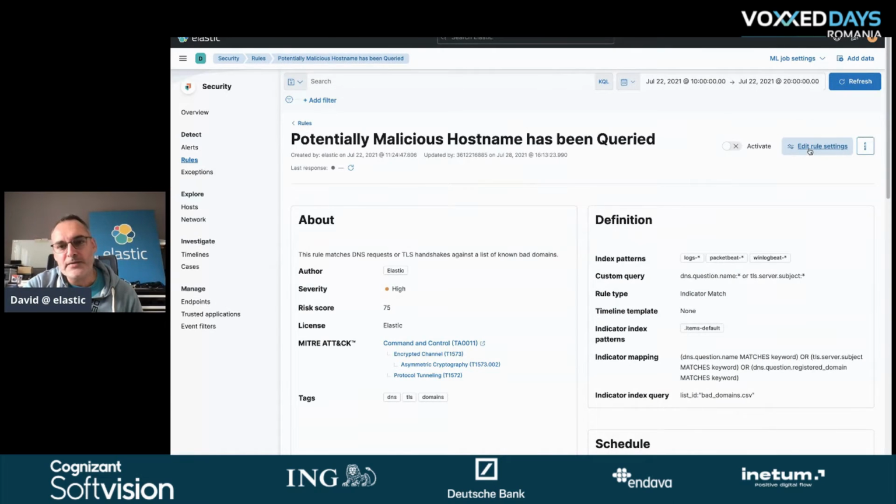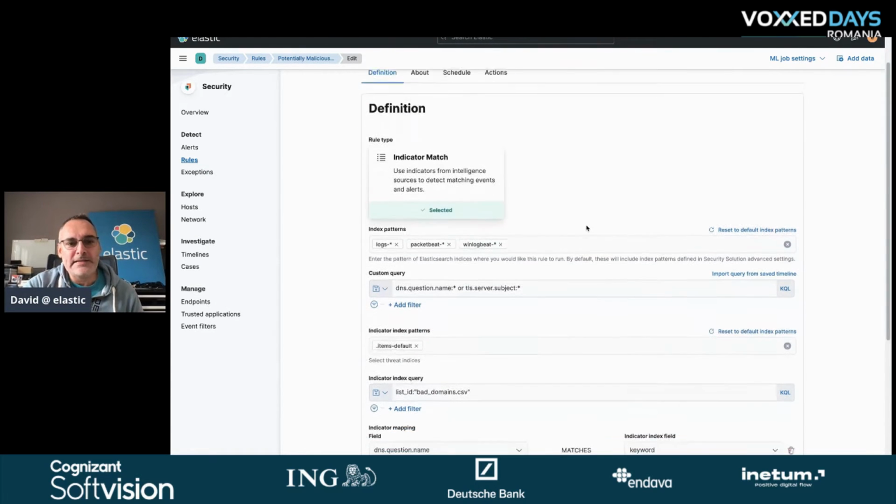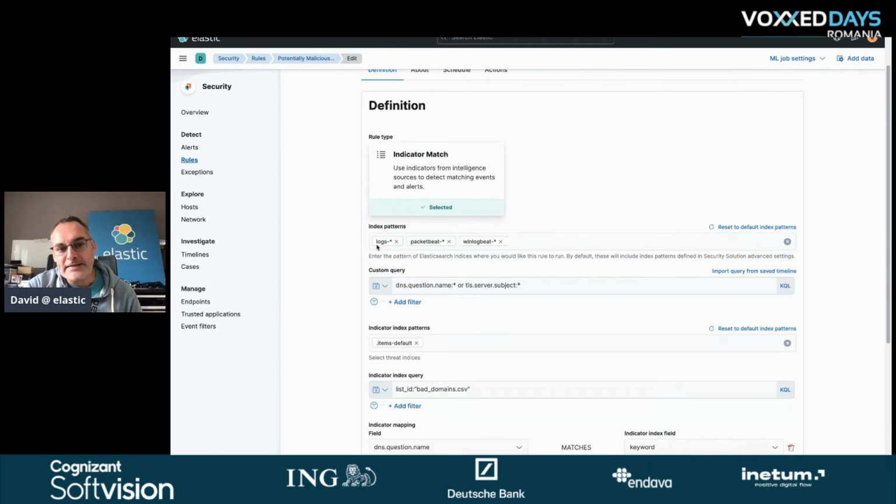If I go to edit rule settings, I can see that we are trying to get data from different data sources. I mentioned that we are collecting logs, so it can come from logs. We are also collecting data with Packetbeat. Packetbeat is like Wireshark running on your network card, and we try to understand where the packets are going and where the packets are coming from.